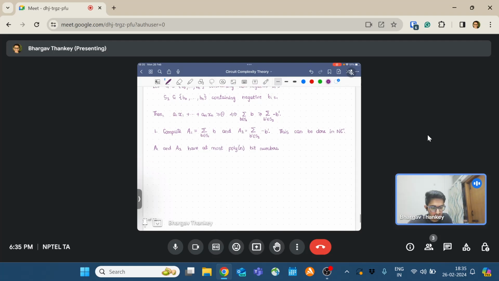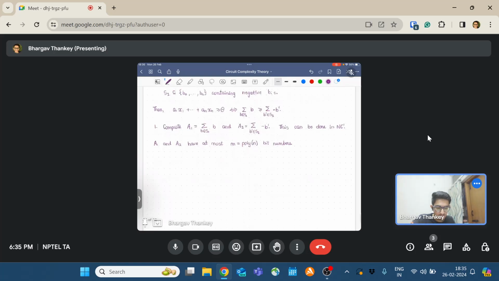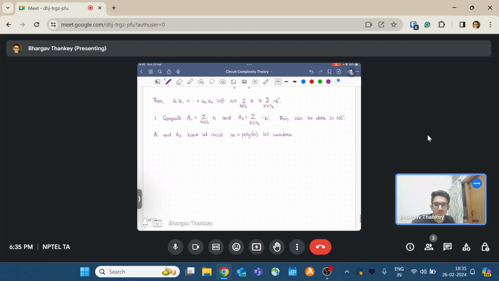Okay, so now you have two m-bit numbers, and you want to compare them using a log depth circuit. So how can you do that? You want to compare A1 and A2. So when is A1 greater than or equal to A2? Can you give me a bit by bit condition for this? So let's say A1